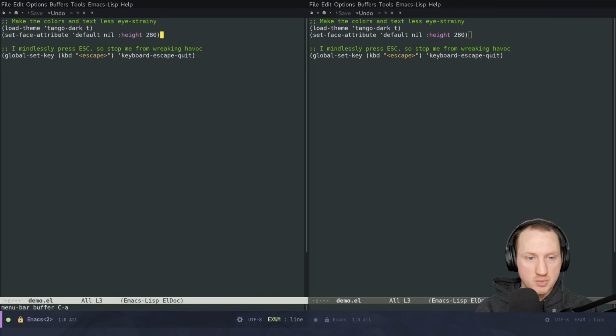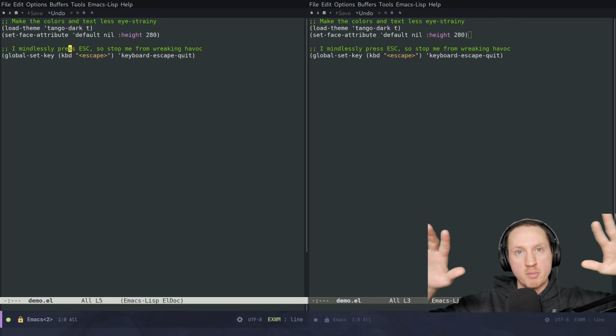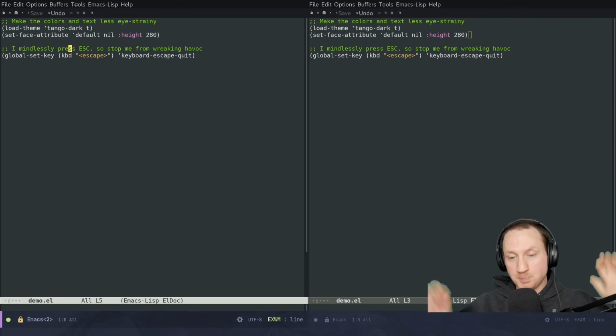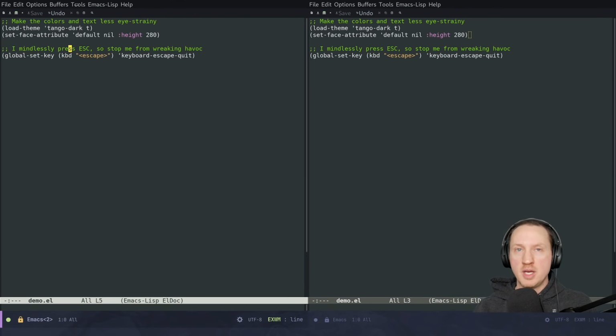So whenever you try to switch to one of those, you're going to see it in both of the frames, which may be a little bit different to you if you're used to having an editor or IDE that sort of is focused on loading one project per desktop window. In Emacs, you're going to have the same stuff in both windows. So that might take a little bit of getting used to, and you might think, oh, well, I've got all these files open. How am I going to deal with keeping them separate? There are ways to deal with that, which we can talk about in another video, but it is kind of